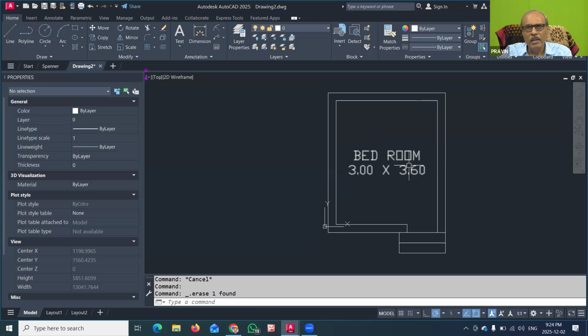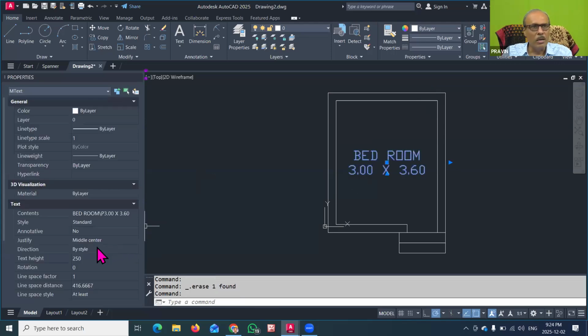But in all that, the font is not proper, so you can choose here and you can change the style. The standard style we can go for. So there is no other style. That is also one of the important problems, because in the earlier drawing we created the text style, but here we have not created the text style, so we cannot use the Arial font. So that is another difficulty.